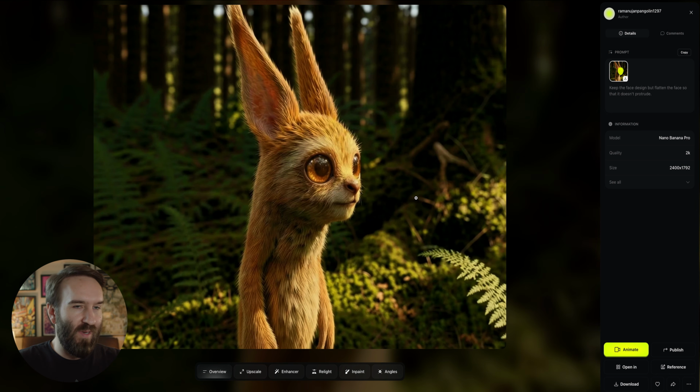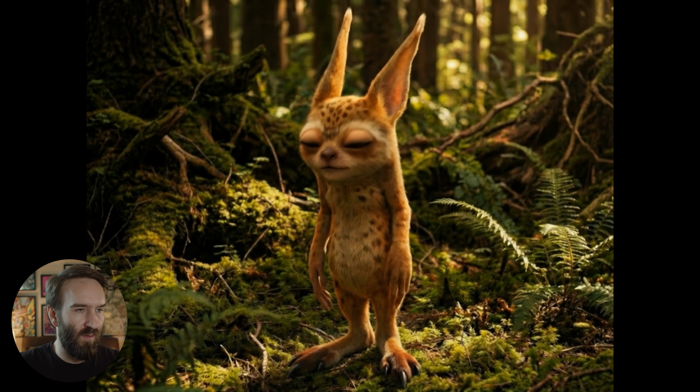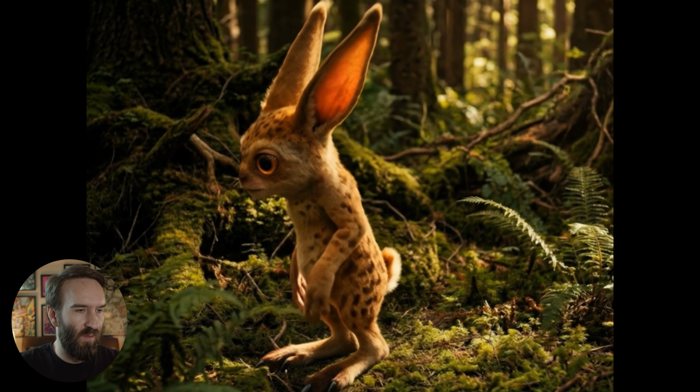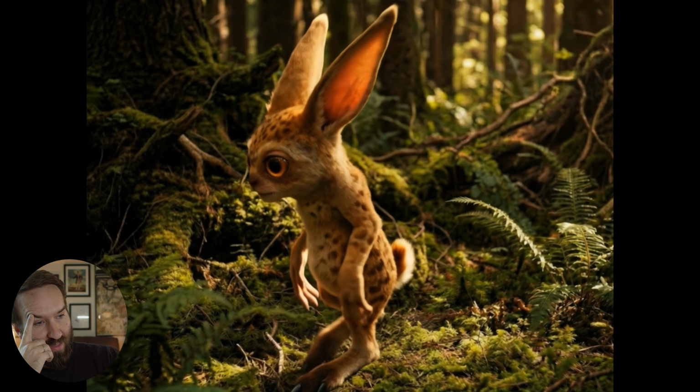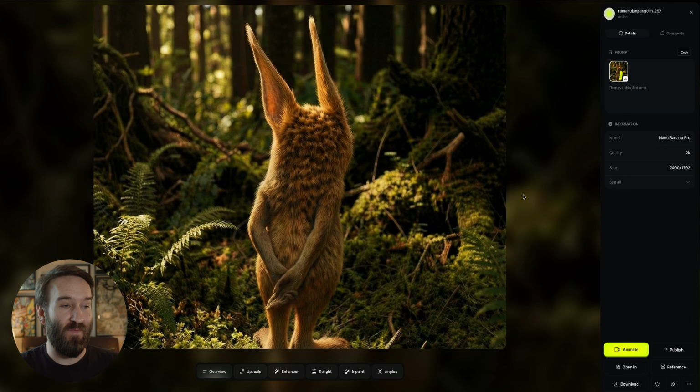Yeah, that did nothing. See what I mean? Sometimes you select what you want, you make a change to it, and it just does absolutely nothing. Oh, fudge, it gave it a rabbit tail. See, this is why I need to generate the full 360. Let's see if this is enough information for Kling to be able to generate some videos.